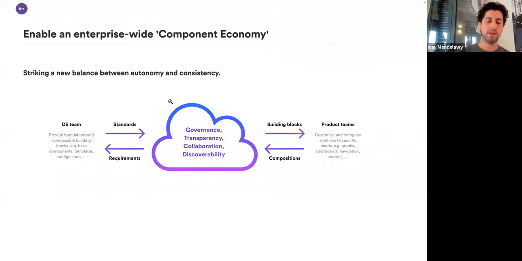And this way, instead of force feeding a solution, the design system provides from the bottom a set of standards to build on top of, and from the top a way to govern and understand what's going on and make sure that things remain standardized. And all of it only by breaking down everything to a component level, making sure that all components fit with one another, can be composed with one another, and so on.